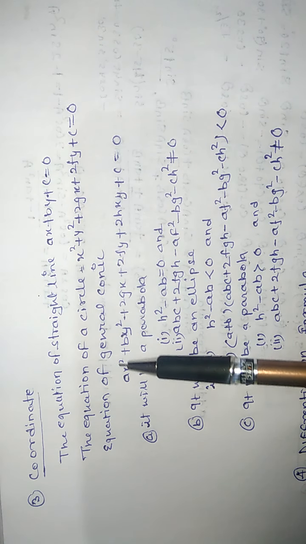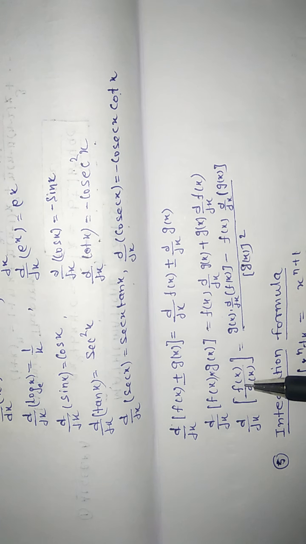Now we are going for the product formula. If you want to calculate d/dx of f(x) times g(x), then the first function as it is, d/dx of the second function, plus the second function as it is, and d/dx of the first function. Similarly, for the division of two functions, d/dx of f(x)/g(x) is equal to [g(x) whole squared in the denominator], second function as it is, d/dx of first, minus first function as it is, d/dx of second.